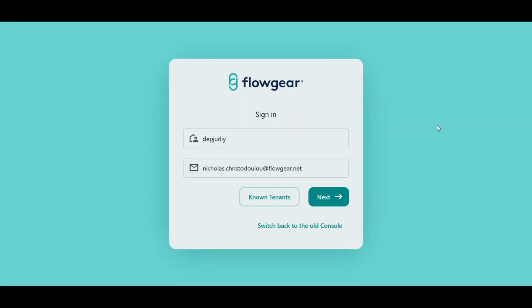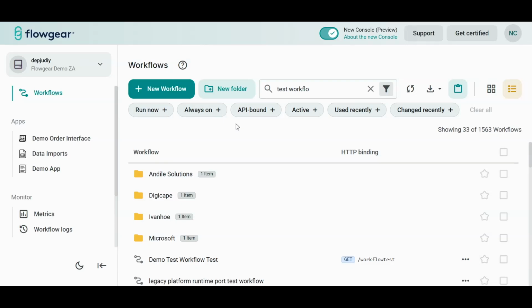The very first thing we're going to want to do is to log into our Flowgear tenant. Now we will have provided you with a Flowgear tenant ID. You can see I've plugged mine in on the top here, and then you'll obviously provide the user against which you would like to authenticate. Once that's been done, you can go ahead and click on Next, and that's going to log you into the